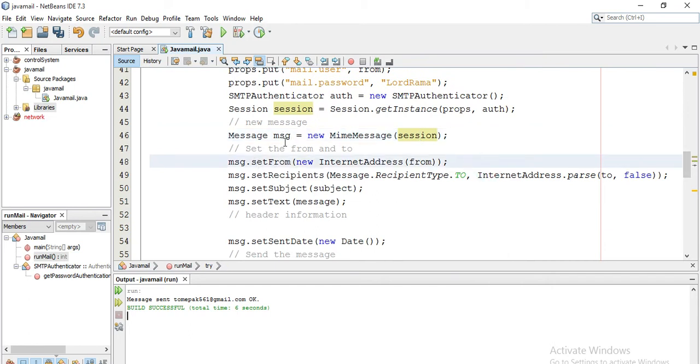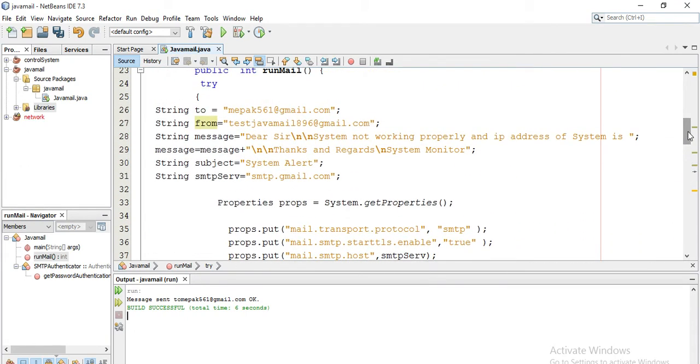Now using this variable, you can call some functions here, msg.setFrom, recipient, and subject and message. These are the subject and message, and we have already decided them. These are the strings we have written here: subject, message and from.